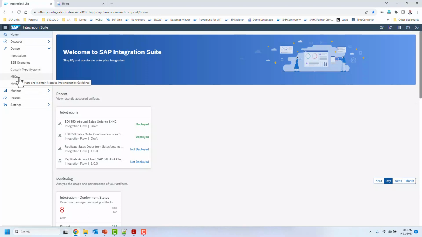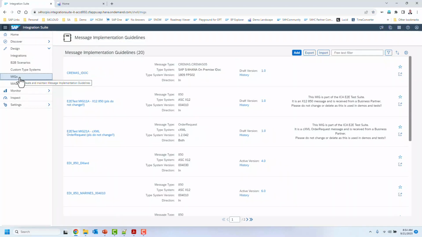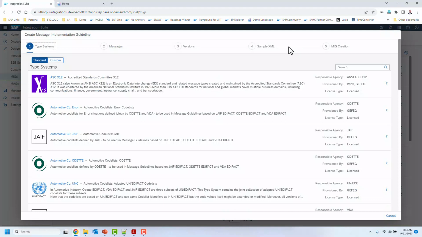So the first is, from an integration scenario perspective, we have really two concepts within the Integration Advisor. The first is a message implementation guideline, and the message implementation guidelines get used in the subsequent mapping. So for example, in our scenario, we're going to use an EDI 850 document and post it to an SAP sales order SOAP-based API. So if we look at the new MIG,